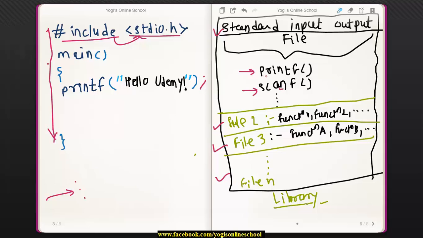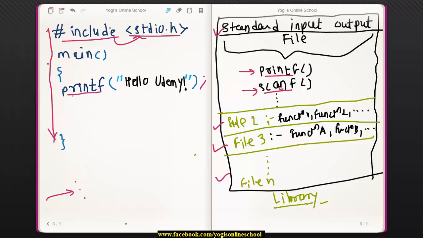It means we can give output on the screen by using the function printf, and we can take input from the user by using scanf, right? Now, in this program we are using the printf function which is saved in the standard input output file. That is why we are using hash include stdio.h, right?